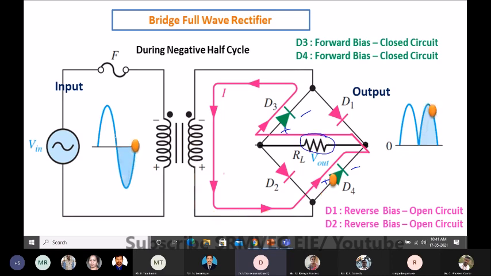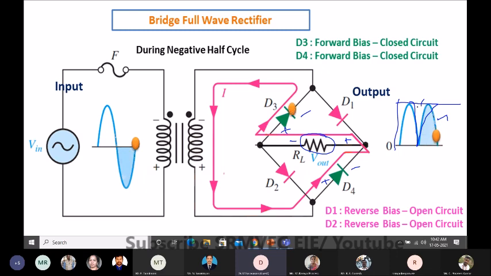And we have the lower half of the input cycle also. But the flow is in the same direction through the load, you can see this is positive, negative. That direction makes your output waveform stay in the upper half itself. That is what we call pulsating DC. If it is DC, it has to be like this, but it is going down and up, so you call it pulsating.